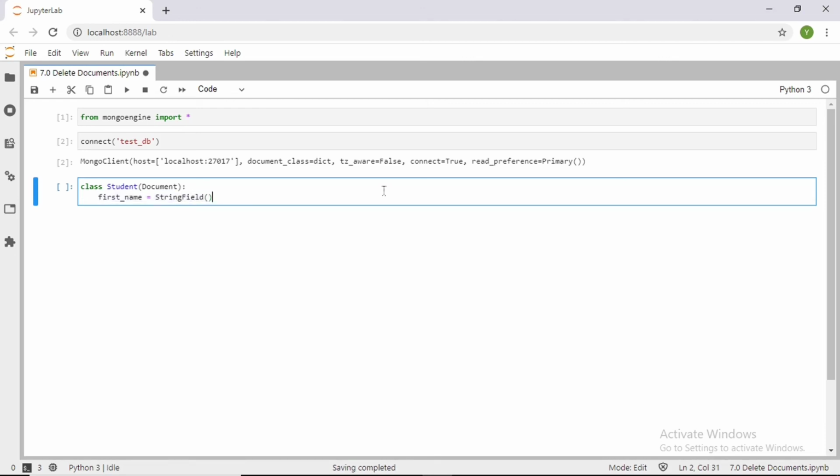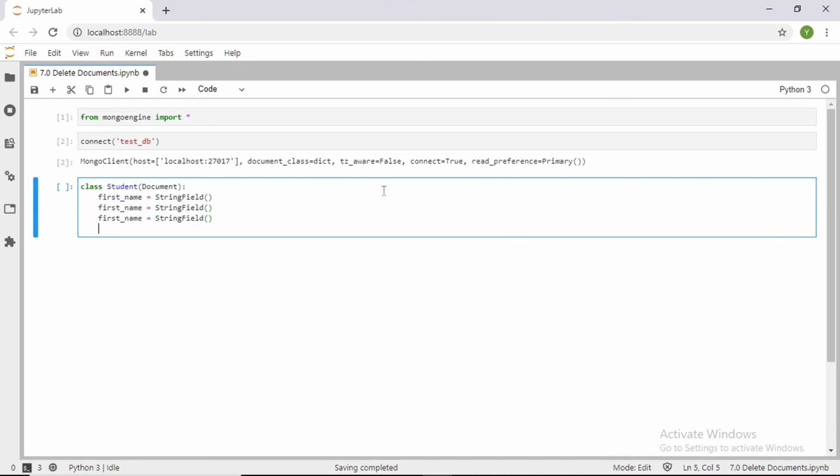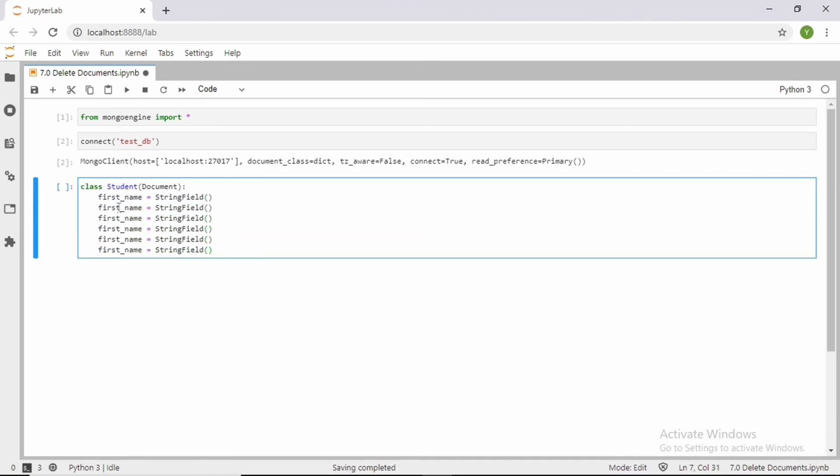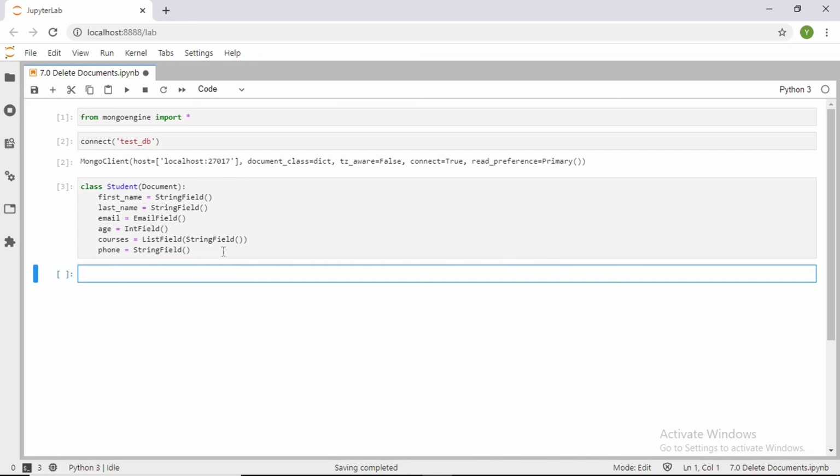I'll just copy and paste this a couple of times. Okay, last name, this will be an email field. Age will be an int field. Courses, which will be a list field of string field. And finally, phone will be string field again. Okay, now let's create a student,